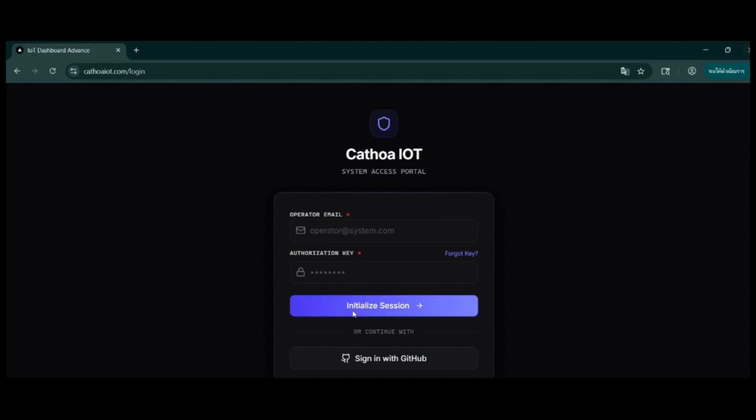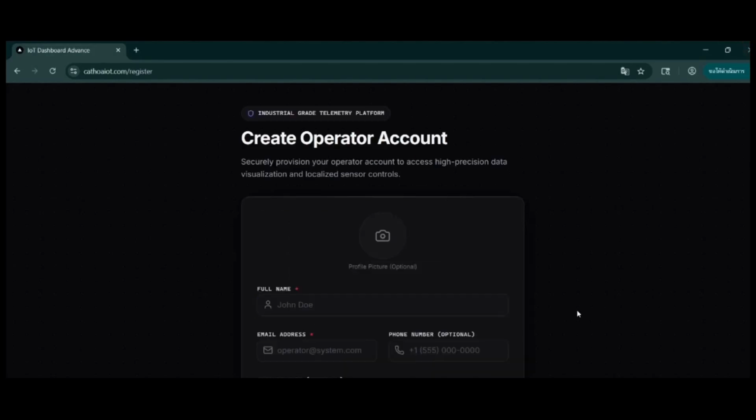First, let's go to the website cathoiiot.com. You can choose to register using your cathoiiot.com account or your GitHub account. If you choose to register using your